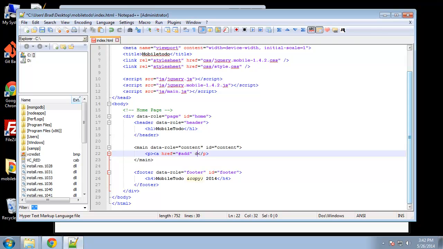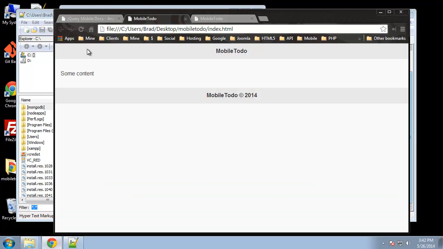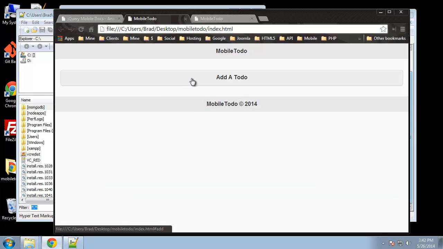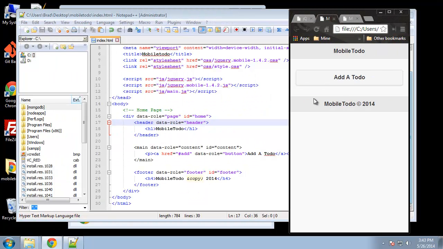And then we're going to say data role is going to be button, because basically we want it to look and function like a button. And then we'll just put in add a to do. Alright, so let's check that out. So now we have our button. I'm actually going to make this smaller, because this is actually meant to be for a mobile device. Alright, so next,